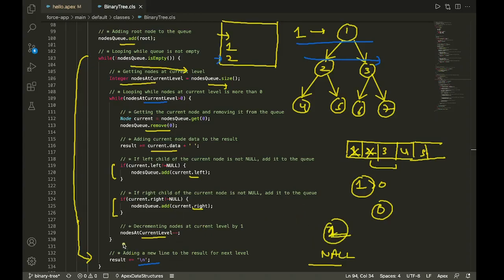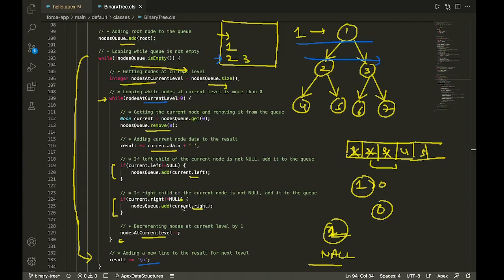Then I'm going to execute this while loop again. While nodes at current level is greater than 0, so 1 is greater than 0, I'm going to proceed ahead. Get the current node from the queue. I'm going to pop 3 from the queue this time and add it to the result. After that, I'm checking if the left child of 3 is not null and the right child of 3 is not null.